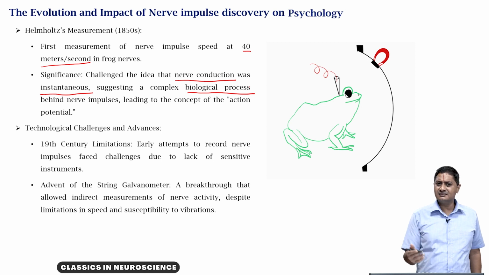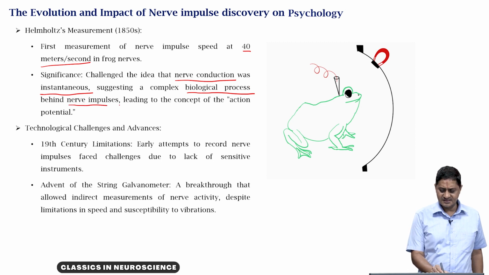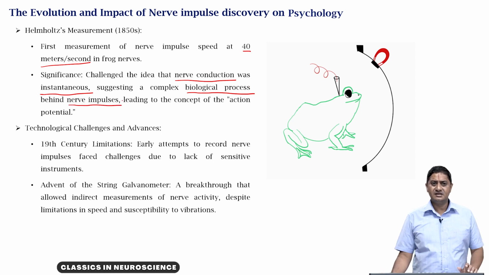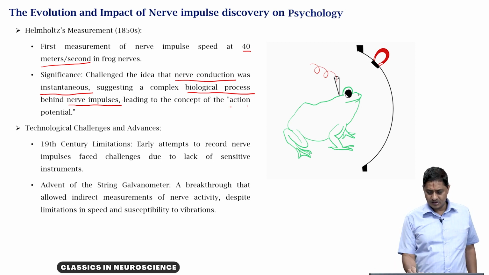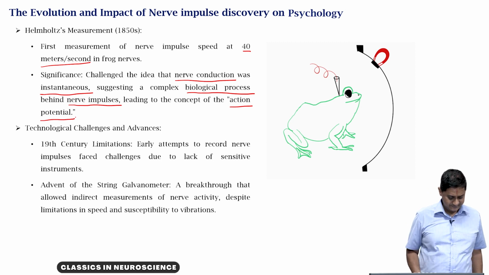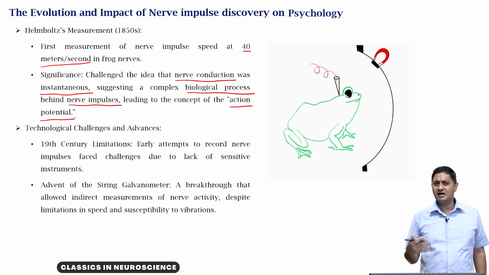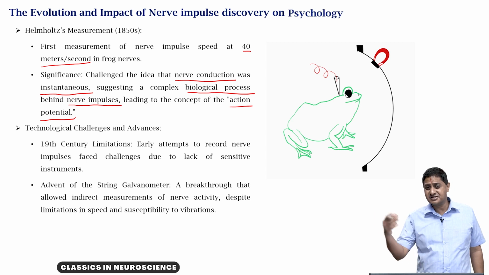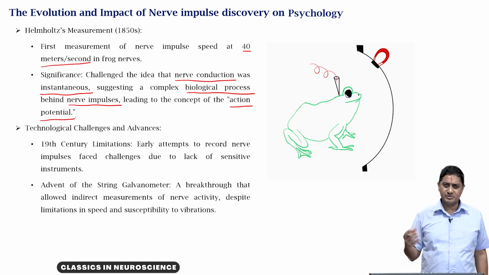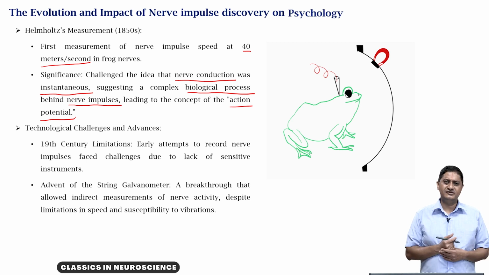Maybe it is not a physical mechanism, but rather a complex biological process that causes these action potentials or nerve impulses, leading to this, at that time yet unknown, concept of the action potential. So, just like the heart pumps blood and the kidney filters out waste into urine, likewise the nerve cell or the neuron conducts electricity, processes and transmits information through action potential. So, it is a property of the system.